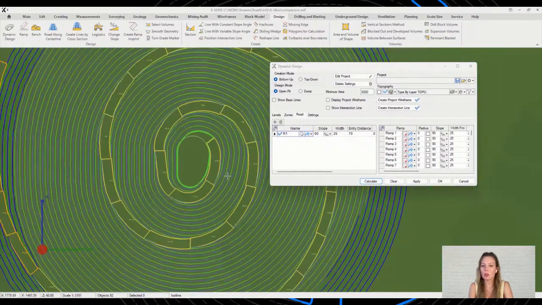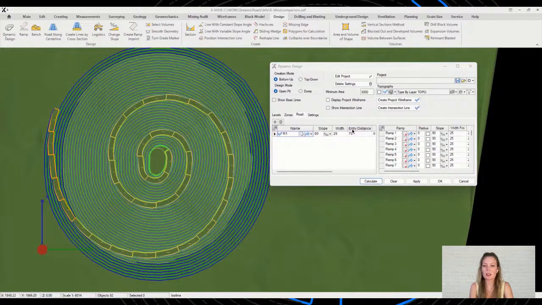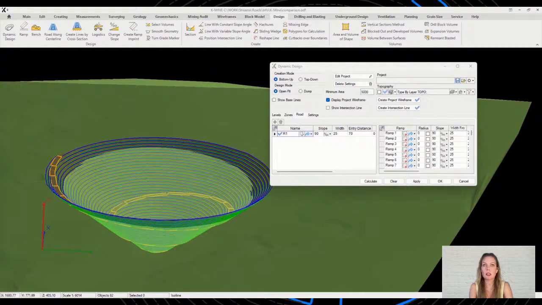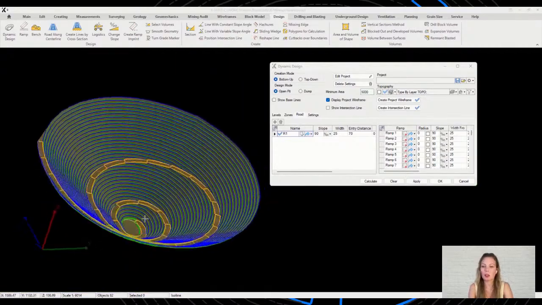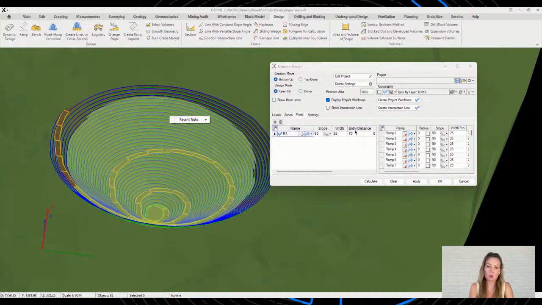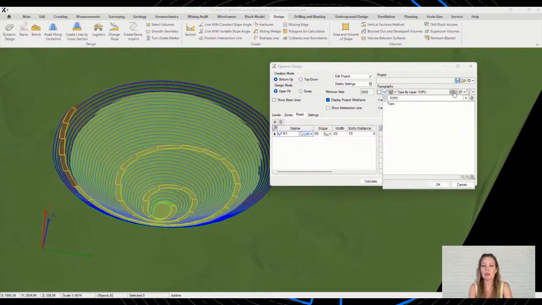Let's see what our project wireframe will look like. To do this, just activate the Display Project Wireframe checkbox. We see the topography is not yet taken into account. And in order for the project to be built in accordance with the topo, select the location of the situational plan in the layers of the active file and activate Adopt Project to Topography checkbox.